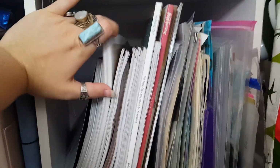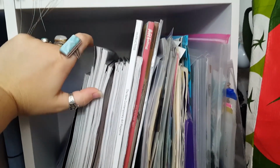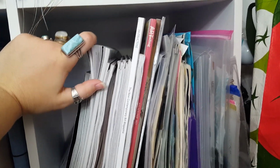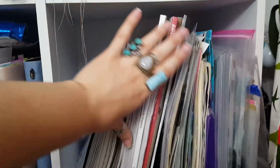Another tip that I have for you, which I utilize in this space right here, is to cap your collection. So what I mean by that is, some things, obviously, I prioritize sticker storage, space for stickers, because they're my favorite. Whereas magazines, I only give magazines half a shelf. So